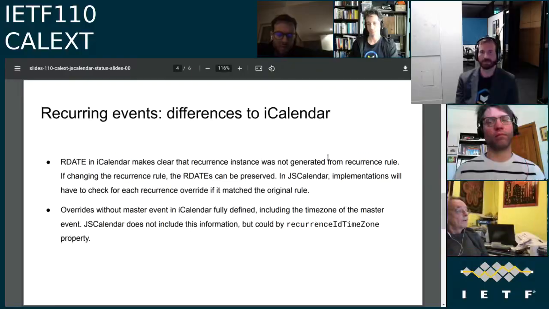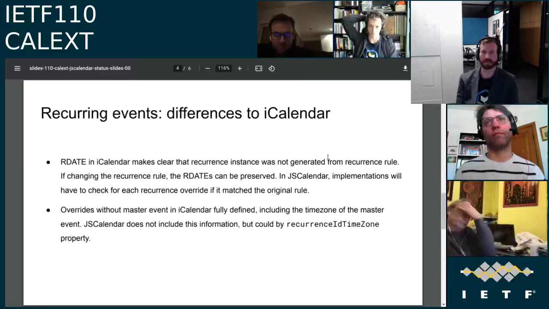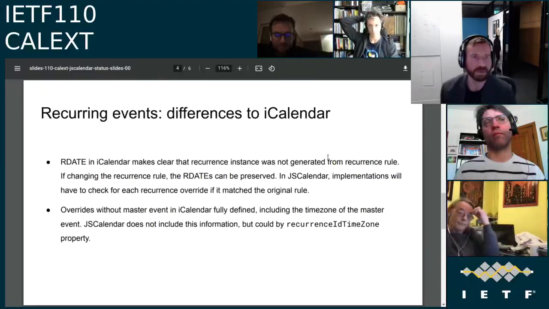I mean, it's entirely up to the client, because the client is changing the RRULE, and so what it should do with the rest of the event is going to be dependent on the context. I don't think that's the concern of the spec at all. Yeah, okay. It's just whether you tag them with something saying that this was explicitly created or not. But I guess, yep. Cool. It's much for muchness.